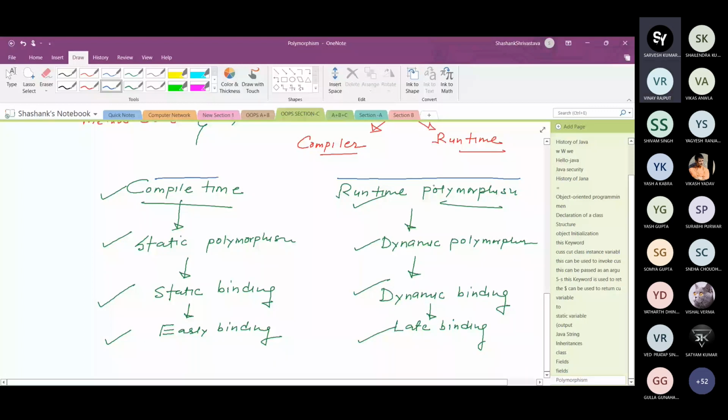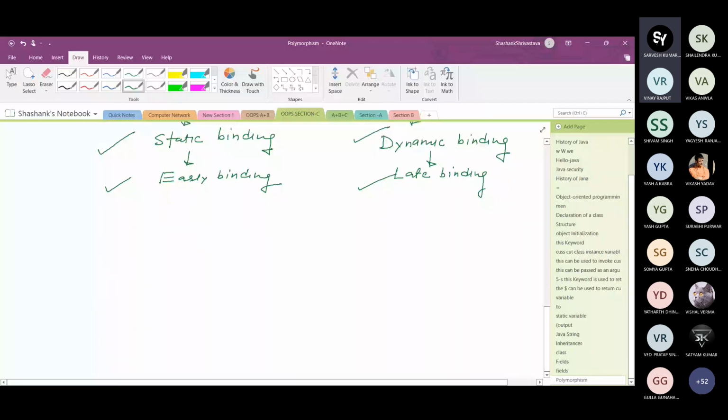Here, in Java, the object is created at runtime. Object is created at runtime, and after the object creation you can call the method.